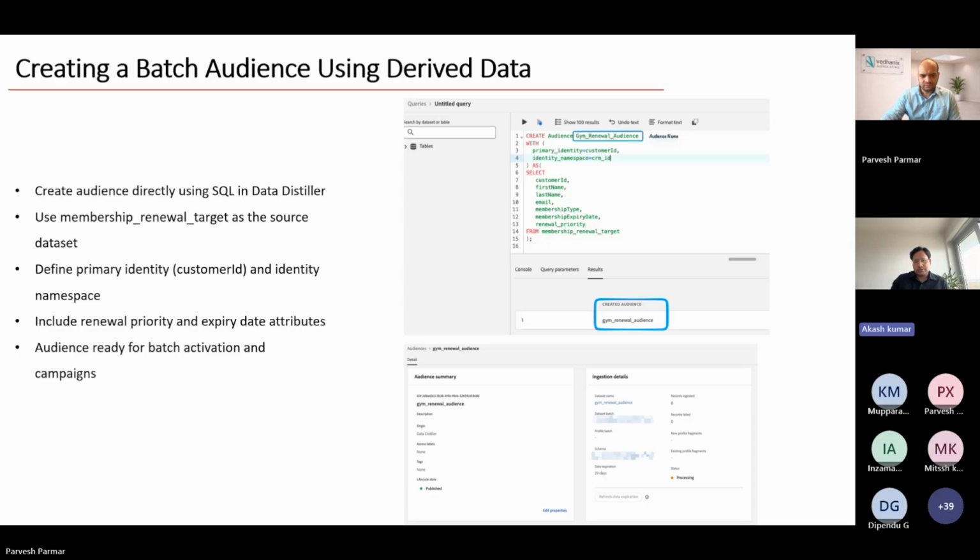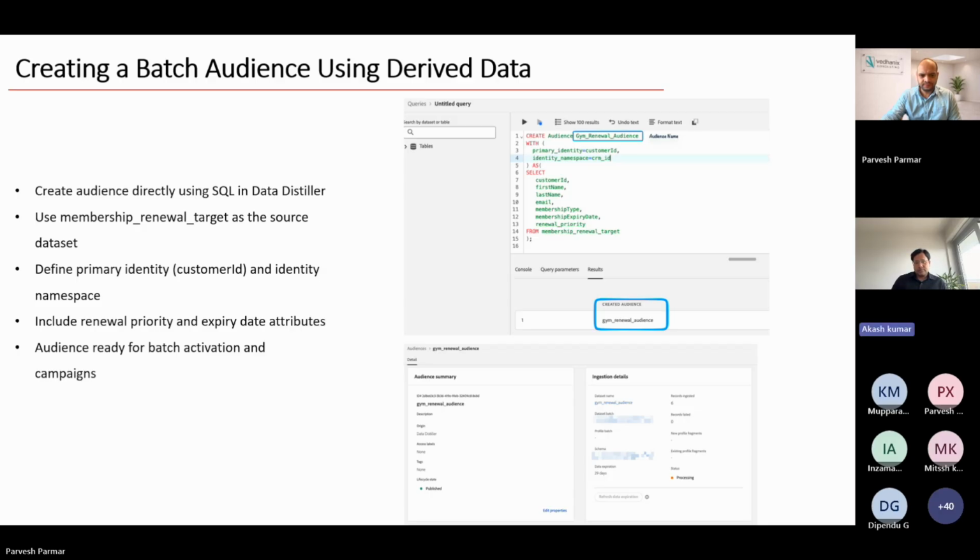As soon as you run this query, you will get your audience name in the result section, and then you can search this audience in the AEP audience browse section, and you can open it and see all the metadata details of this audience, like audience name, the dataset used for this audience, the batch ID, the schema, how many records are ingested in this audience, and the status of this audience. So now this audience is ready for